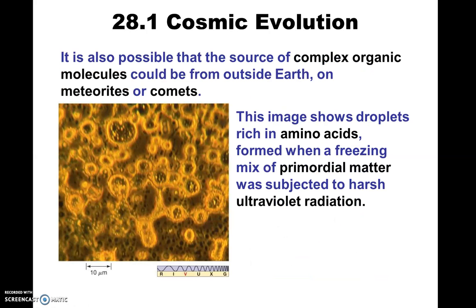All right, and then let's see. So the question is, is it possible that the source of complex organic molecules could form outside of the Earth, on meteorites, and so these are meteors that are traveling through the solar system, or even comets. And we've actually found that on comets and meteorites, that there are these